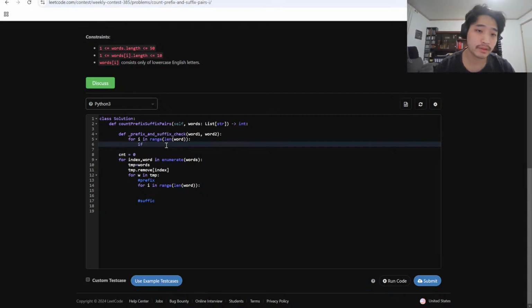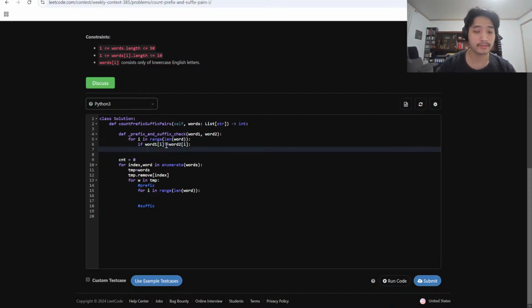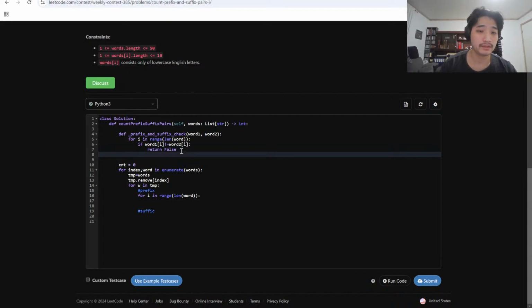If word 1 of i, word 2 of i, return false. And we iterate through it, and this checks the